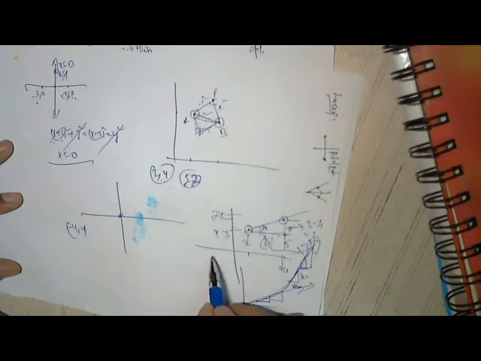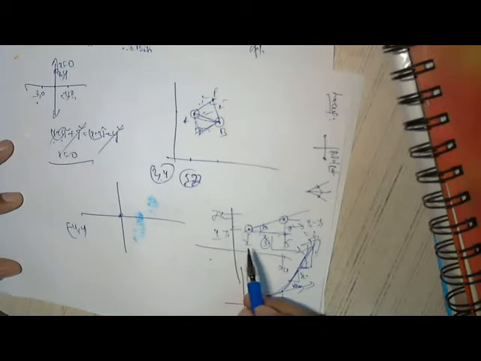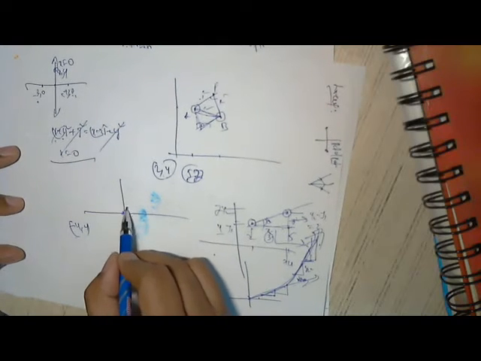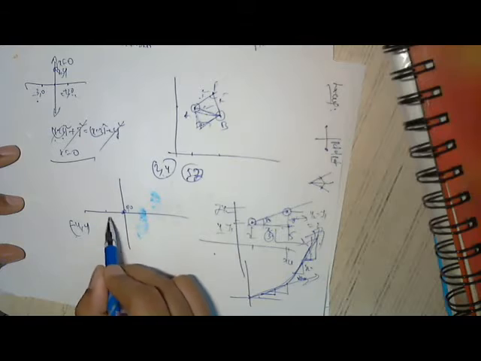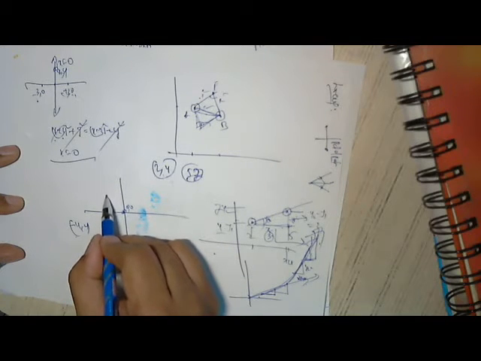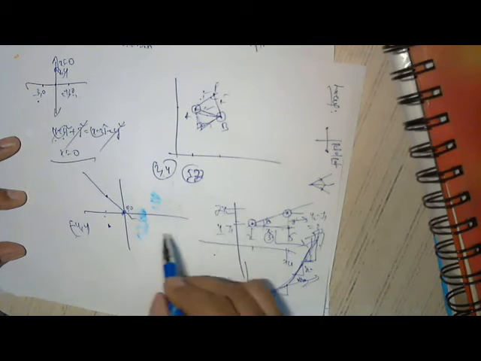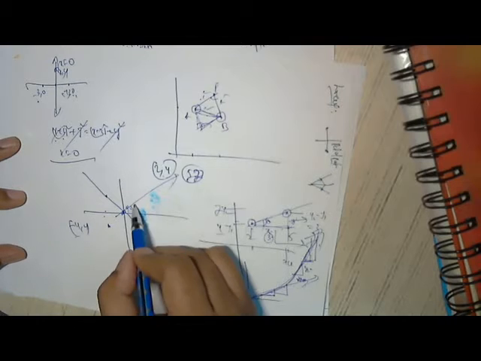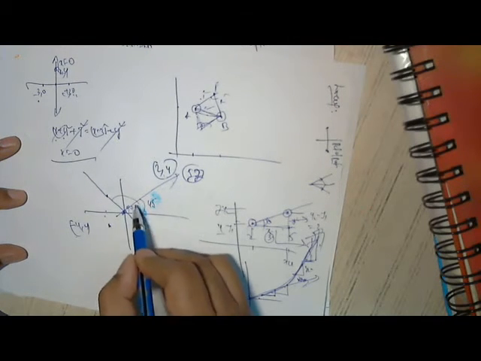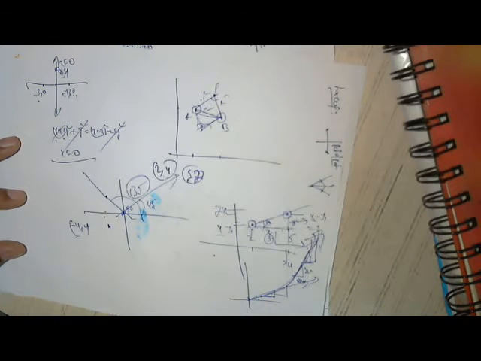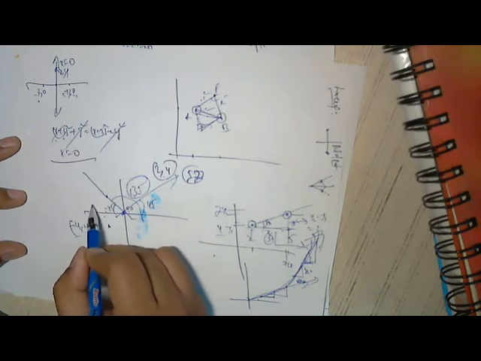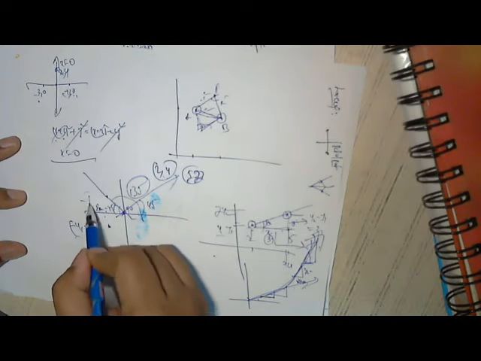Now if you see the second point is minus 4, 4, and the other point is 0, 0. X is minus 4, y is plus 4. This is the line. The earlier line was this one. Here the slope angle is plus 45 degrees. Here it is 135, which is 180 minus 45. This slope is minus 1 and this is plus 1. With respect to the positive x-axis, both are 45 degrees, but one slope is minus 1 and the other is plus 1.